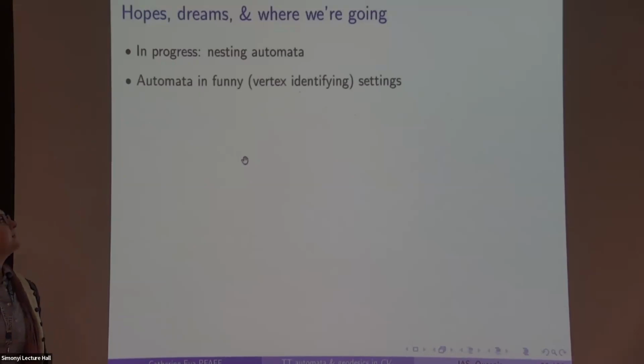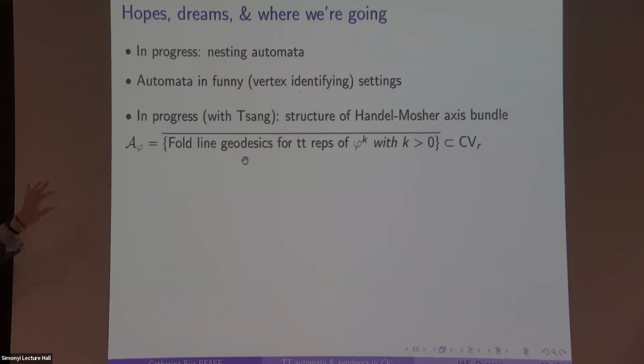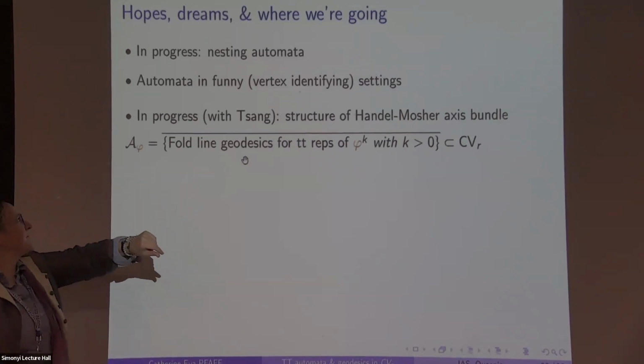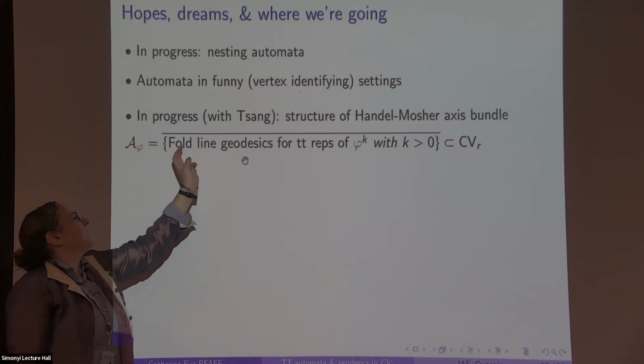So in the circumstance where the vertices are identified, I am working out what's happening there. That one I have less of an idea about than the first one. The first one, I feel like I've basically worked out. The second one, I kind of have ideas for working out, but I'm not sure it's going to work. So the third day, when I go up to Montreal, Chichek and I are trying to work out